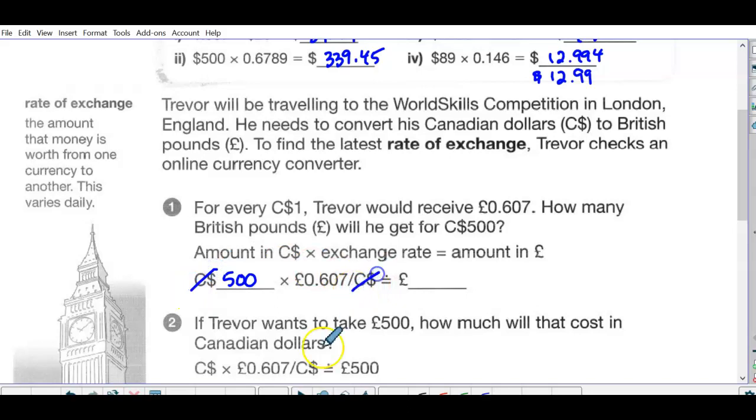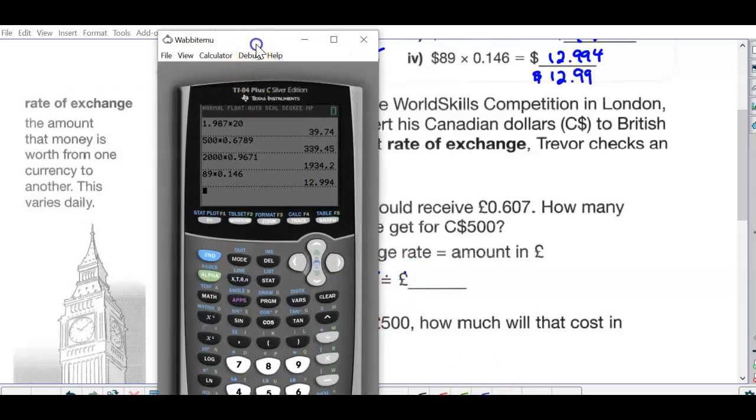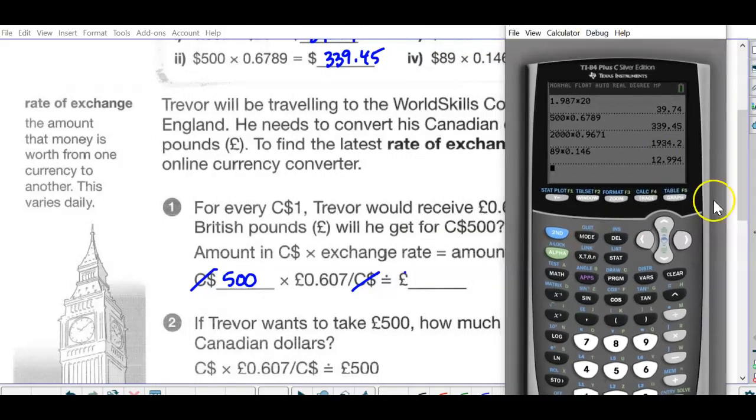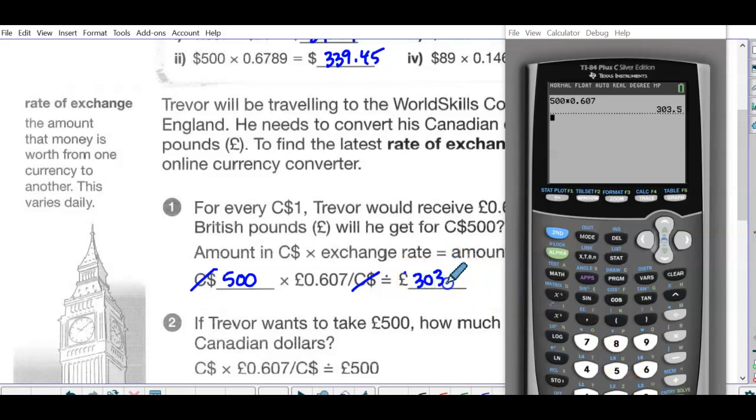So those units divide out, and we're left with the British pounds. So we'll get our calculator out here. And 500 times 0.607. Okay, so 303 British pounds,